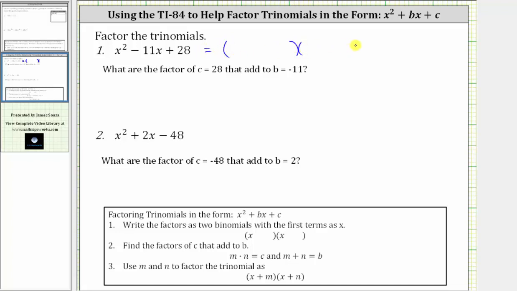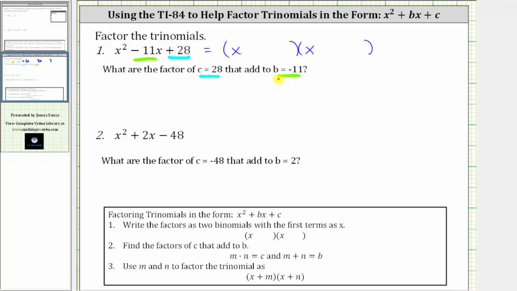And since the factors of x squared, the first term, are x and x, x is the first term of both binomial factors. And now to find the second terms of the binomial factors, we need to find the factors of c, which is equal to positive 28, that add to b, which is negative 11. And this is not always an easy question to answer, which is why we can use the table feature of